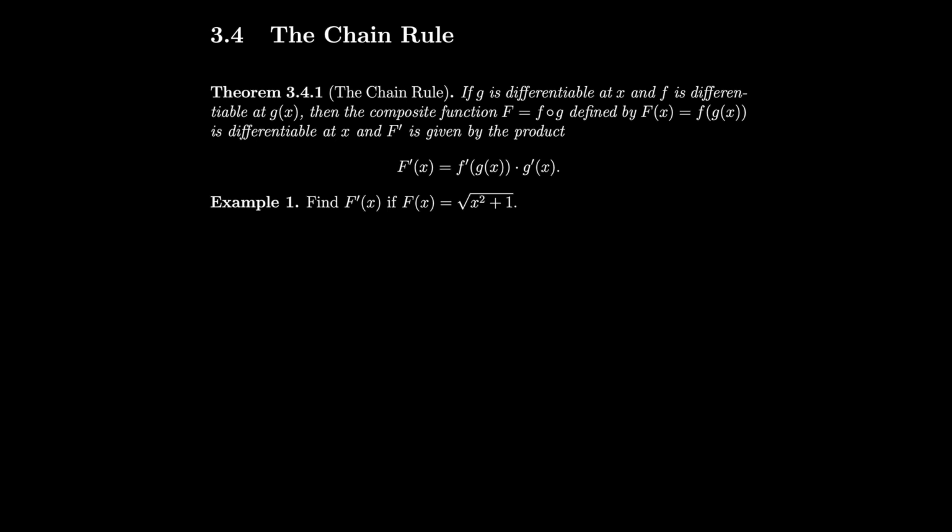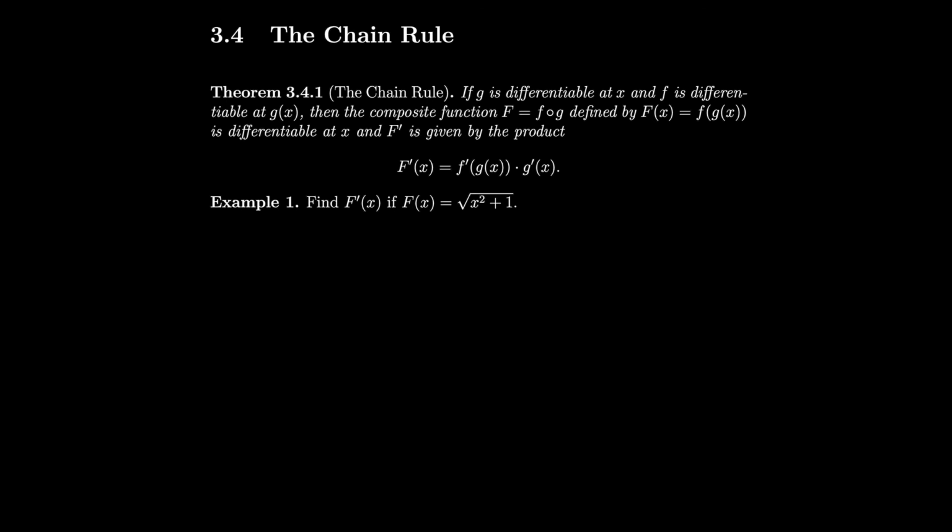Section 3.4, the chain rule. If g is differentiable at x and f is differentiable at g of x, then the composite function F equals f composed with g, defined by F of x equals f of g of x, is differentiable at x, and F prime is given by the product F prime of x equals f prime of g of x times g